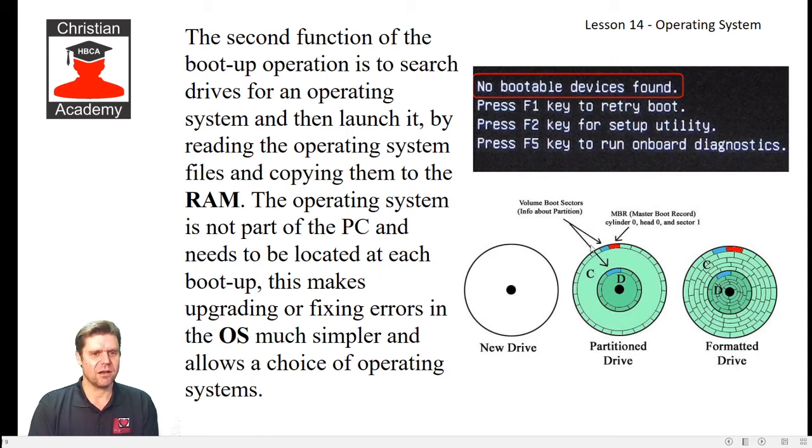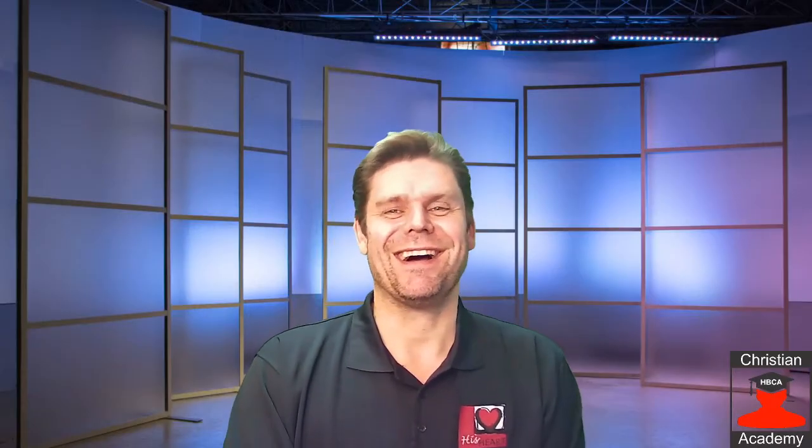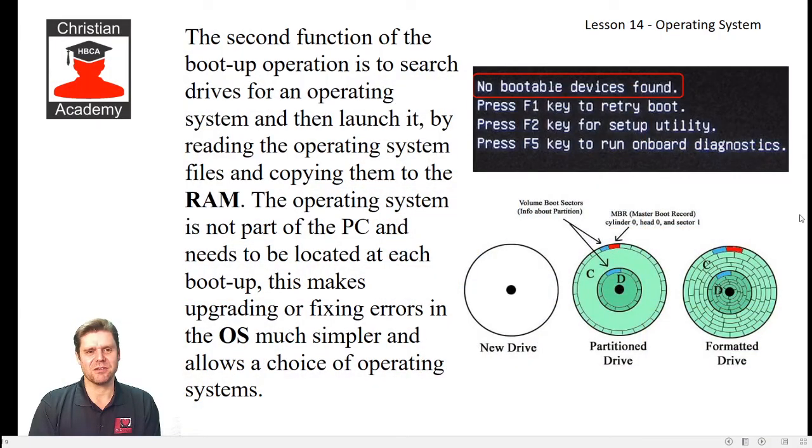Sadly, a lot of users that see this error lose all their data. So maybe it's a good time to mention that I recommend that you back up your data, and I recommend this to myself as well. We have to back up data regularly, because there are viruses and applications that actually attack the master boot record, to ensure that your operating system can't boot. And that means you are going to get stuck at a screen. I've given you a little picture here on the side, but you will get stuck on a screen that looks like that.